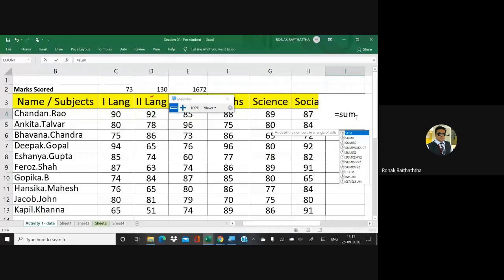Now, once you insert any function, the data range which needs to be inserted must be there in the bracket. So starting with the sign of bracket open, selecting the data from 90 to 87. How can you select it? You can go to 890, and to select up to the last cell of the active data range, you can press the button Control Shift right arrow, right? Or you can select it with mouse cursor as well, as per your requirement.